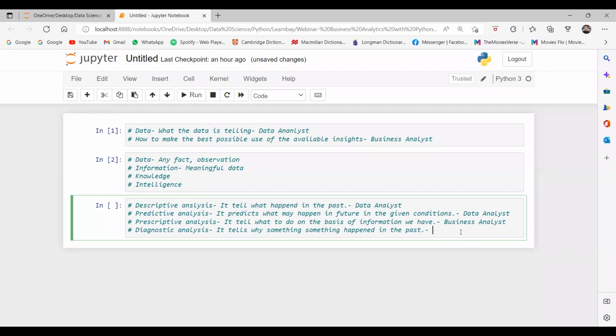You don't need to learn machine learning algorithms as a business analyst. That is the job of a data scientist, but you will know how to read the data. You should have the knowledge to ask questions to the data scientist. On what basis are you saying we will go from 1000 crores to 1500 or something? There should be some logic behind that. Then you should be able to ask relevant questions to the data scientist, and for that, you should know some knowledge about the data. Agree with my point?